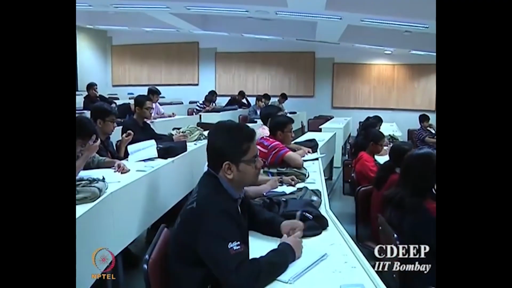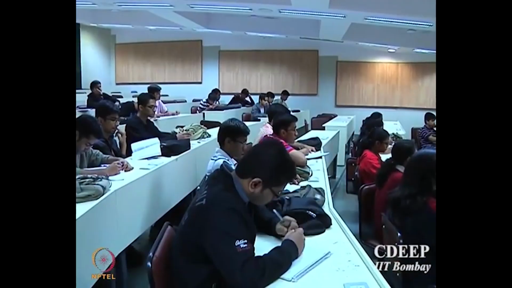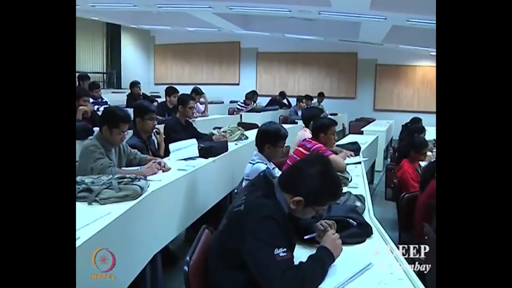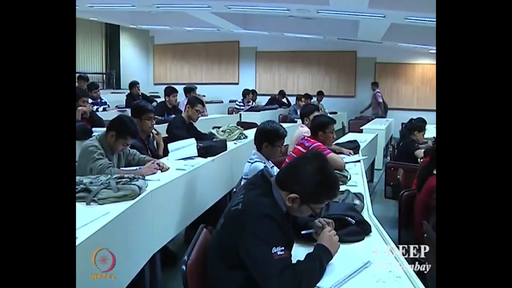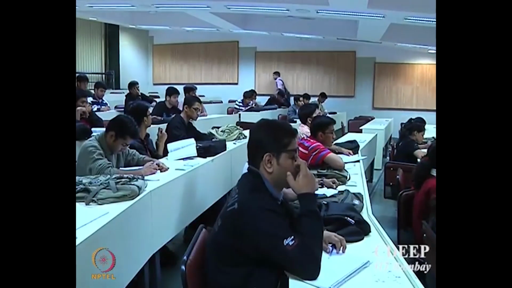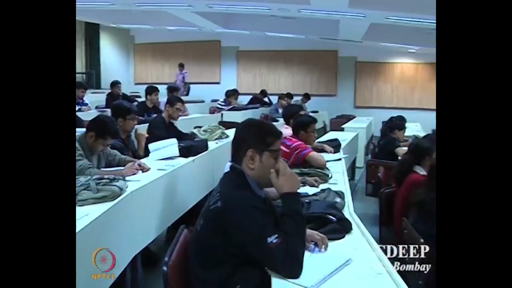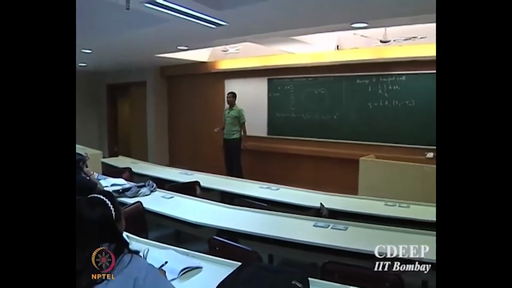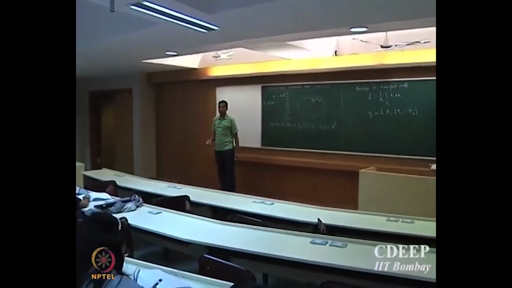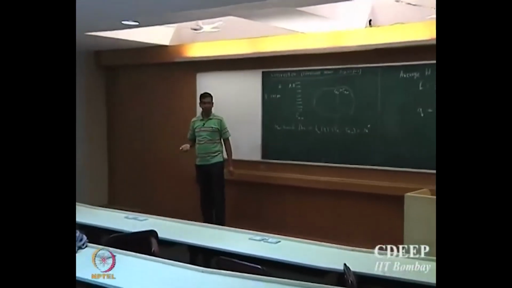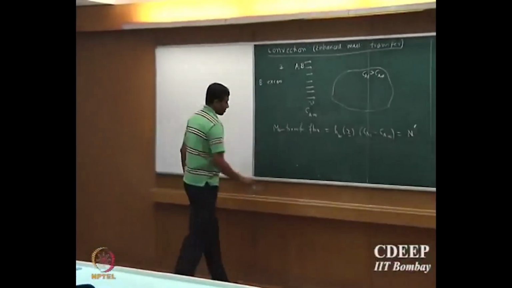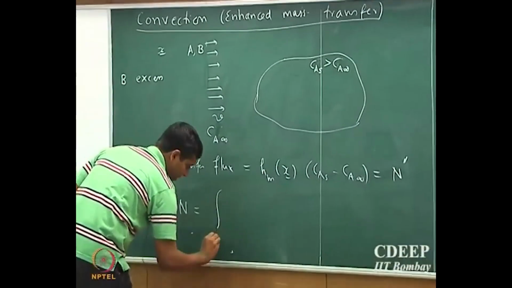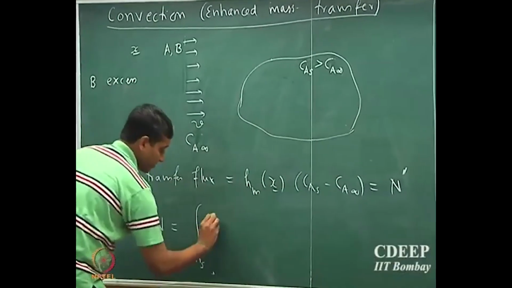So you have some mass transport coefficient, which is again a function of position, multiplied by CAs minus CA infinity. Okay, so if I call this N double prime, N is the symbol I use for mass transport rate, and N double prime is the flux. Okay. So therefore, the net mass transport rate is given by integral over the whole surface